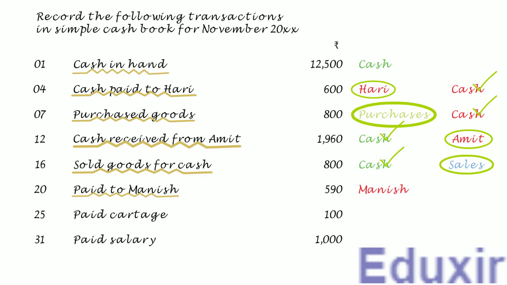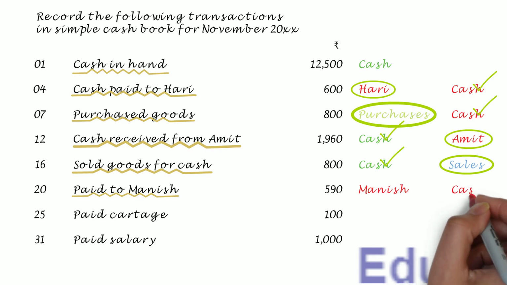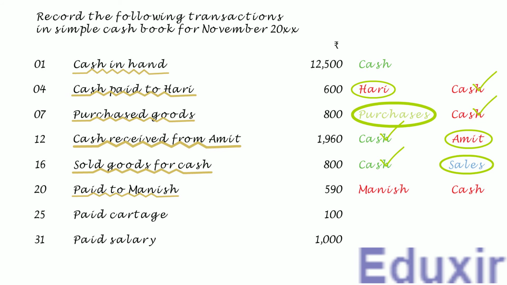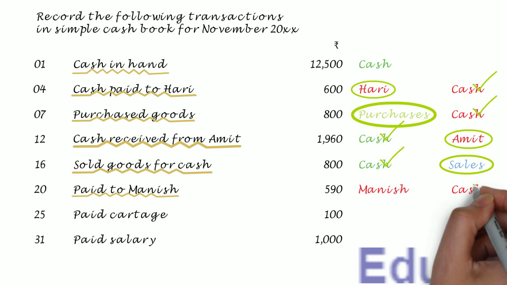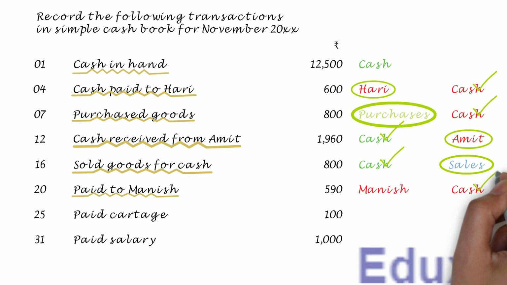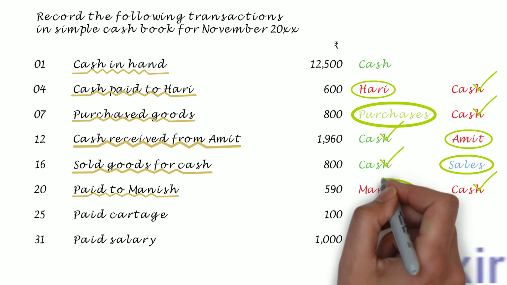The rule to record any decrease in the asset is to credit the corresponding assets account. In this case, the cash account should be credited. In this transaction, as you can see, the cash is on the credit side. So it needs to be posted on the credit or payment side of the cash book. Note that the particulars that need to be posted into the payments column of the cash book is Manish.